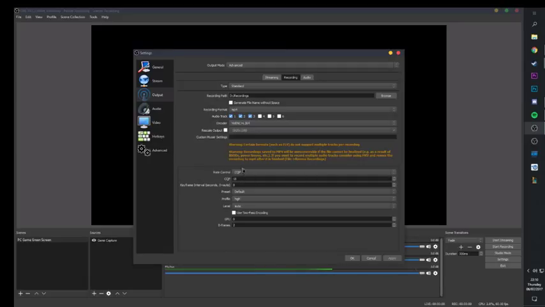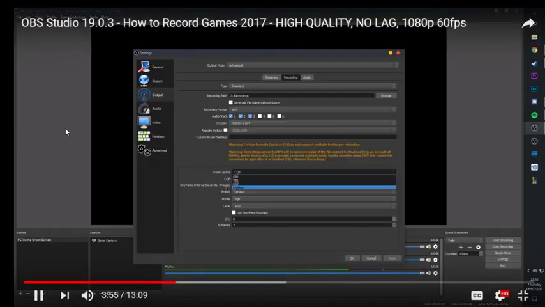And then we get into the actual main settings, which are going to give you what quality your video is going to have. So I'm going to be using CQP, which stands for Constant Quality Presets. What this means